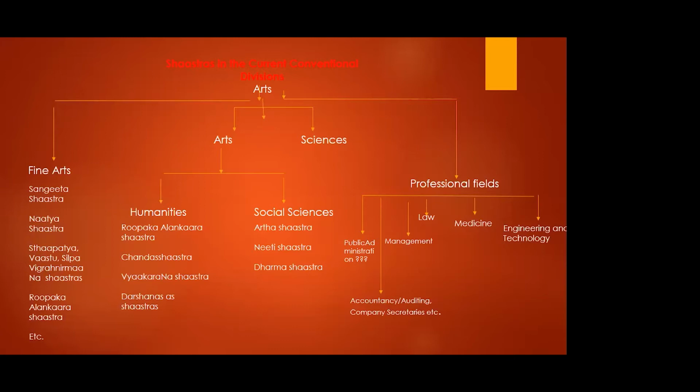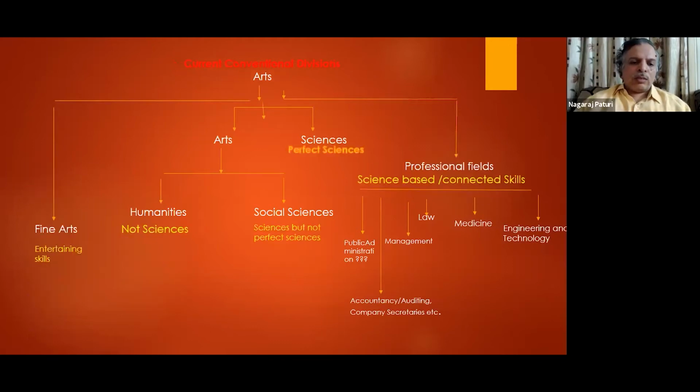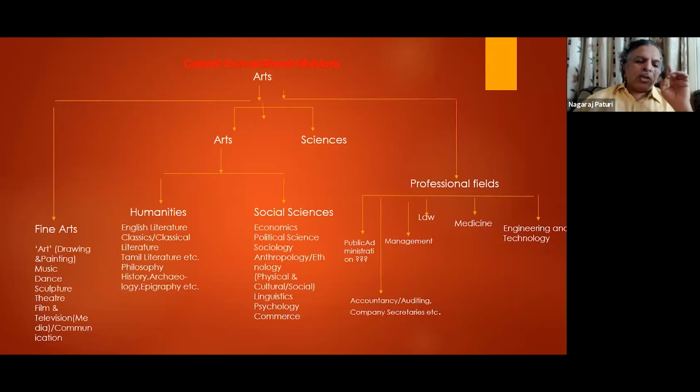You have darshanas, which we have mentioned here because under humanities, in the present university system, what you have is philosophy. Under philosophy, you study things which come under darshanas. For example, if you go to a present university philosophy department, you have